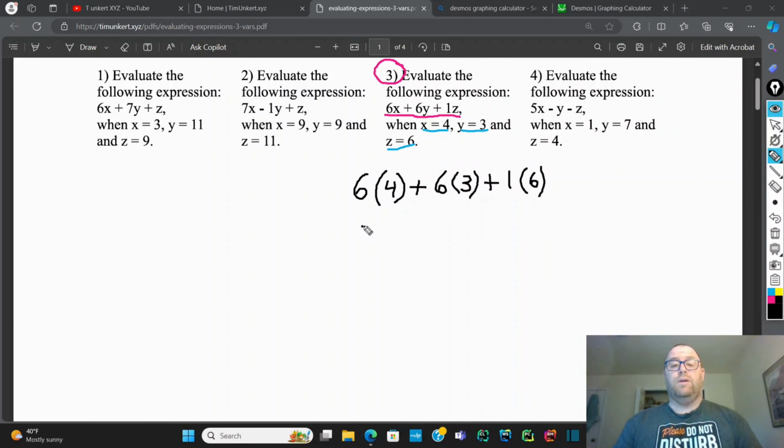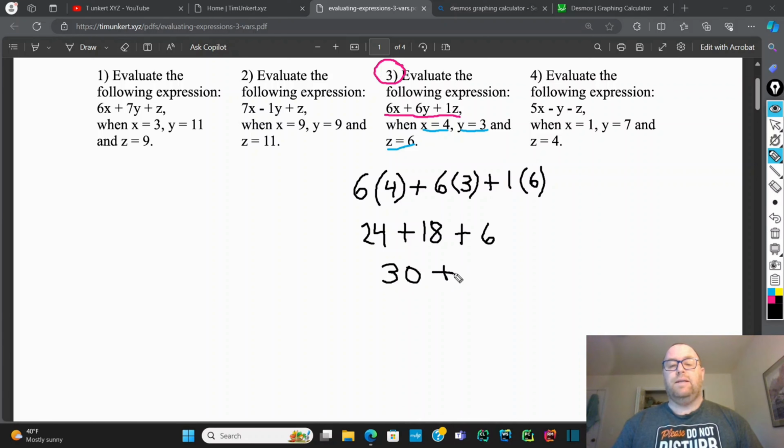So 6 times 4 is 24. 6 times 3 is 18. And 1 times 6 is 6. I'd like to add 24 and 6. I kind of like to group numbers that give me basically multiples of 10. So 24 plus 6, that gives me 30. 10 times 3 is 30. I don't know, that's how my brain works. So I'm going to do that. So we're going to get 30